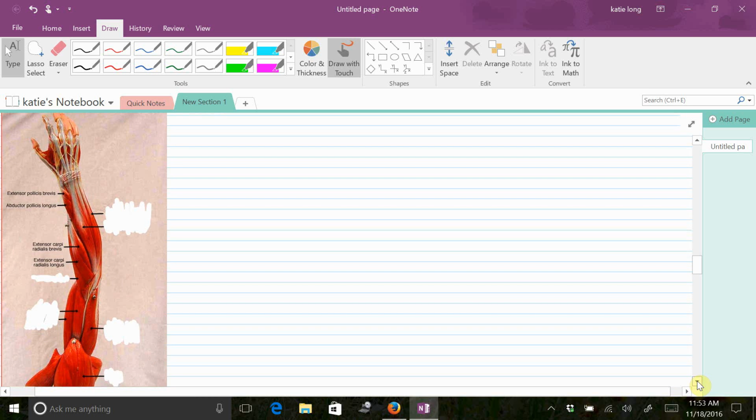Here we are looking at the posterior view of your right upper extremity. If you're wondering why this is your posterior view, it is in relation to the anatomical position. When you're in anatomical position, your palms are facing anteriorly, and the back of your hand is facing posteriorly,